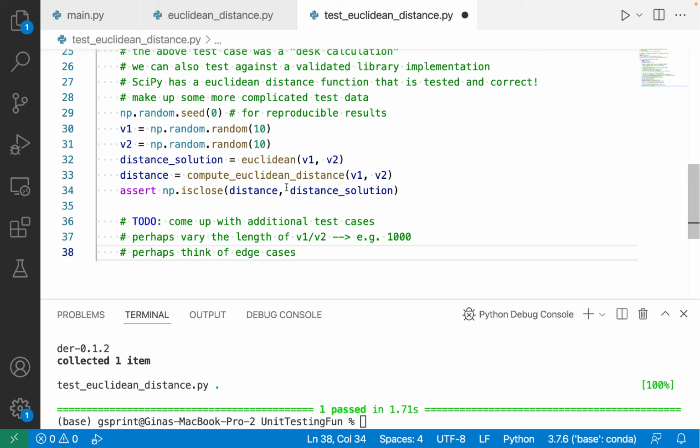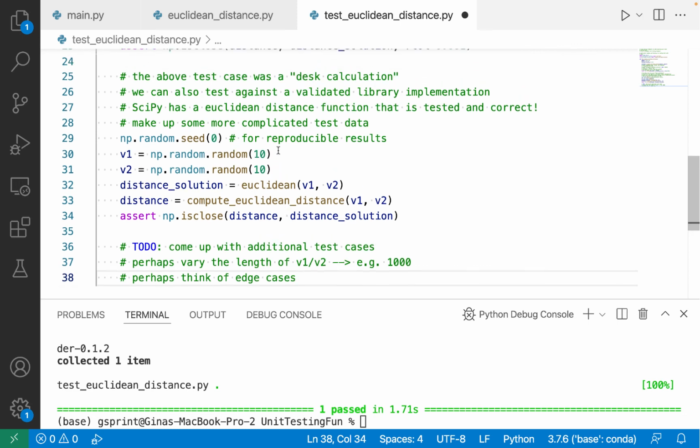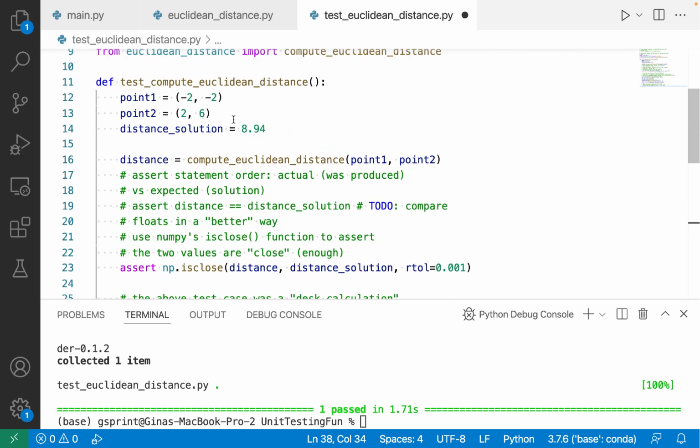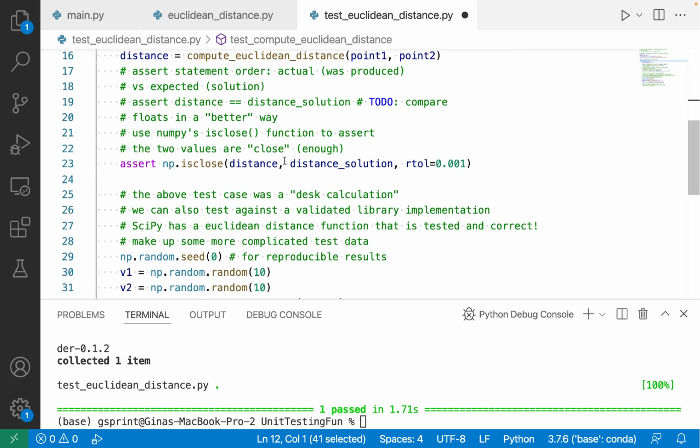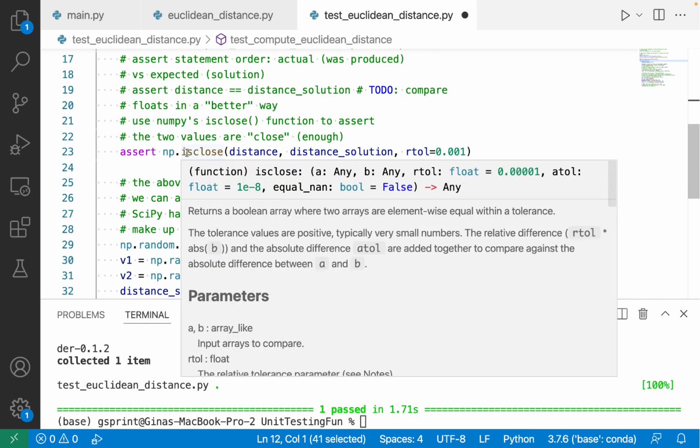Also, what happens when we pass in empty lists, right? These are the kinds of edge cases that when writing good unit tests, we need to think about because out in the real world, out in production, input is messy and it's often not going to be in the happy little form that we may have written our simple test cases for, like we did here on lines 12 and 13. I'll wrap up by saying that in addition to isclose, NumPy has a function called allclose, which can be